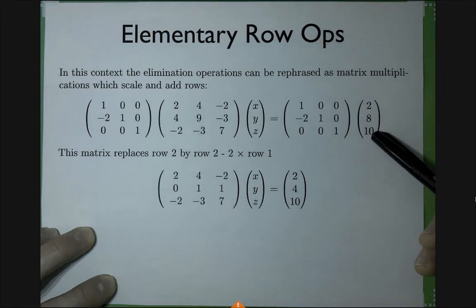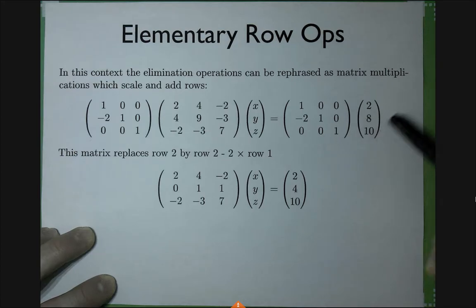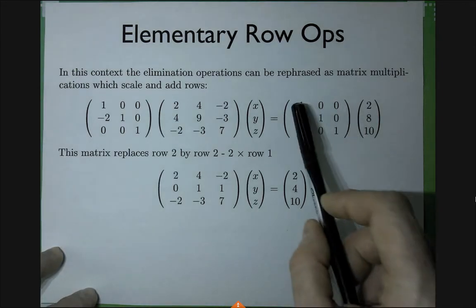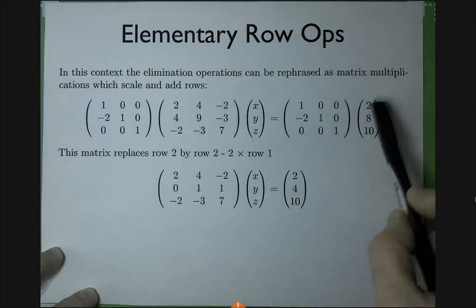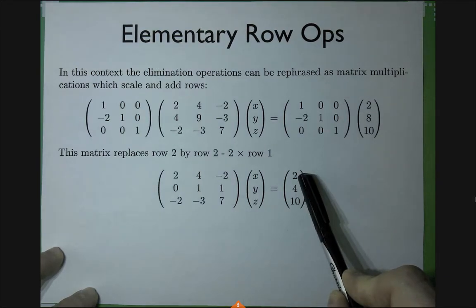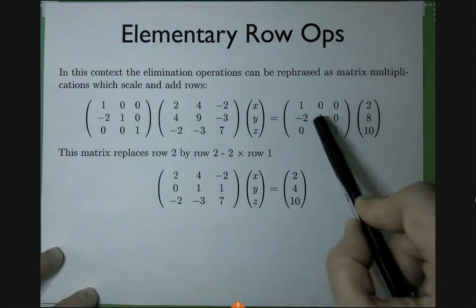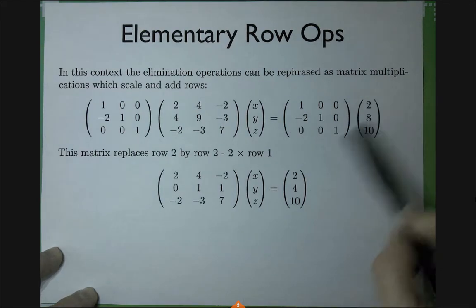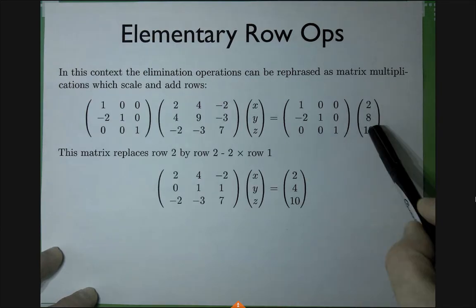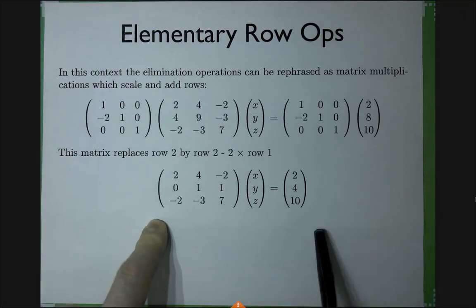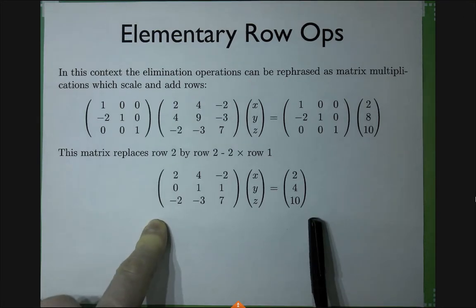By the way, in some cases you might be solving a system with multiple right-hand sides. If you have multiple right-hand sides, you could just have a matrix of multiple right-hand sides. That would be totally fine. And if I do that again, the same idea, right? The 1 multiplies 2, so that just copies the 2 here. -2 does -2 times this plus 1 times this, so it's -4 plus 8, that's 4. And this just copies the 10 over here. Okay? So this is exactly the state of the system after the first operation of Gaussian elimination.